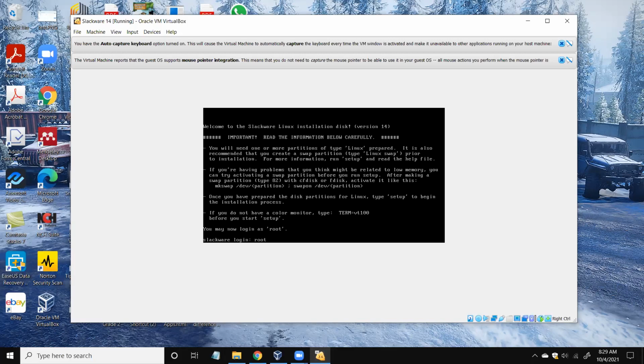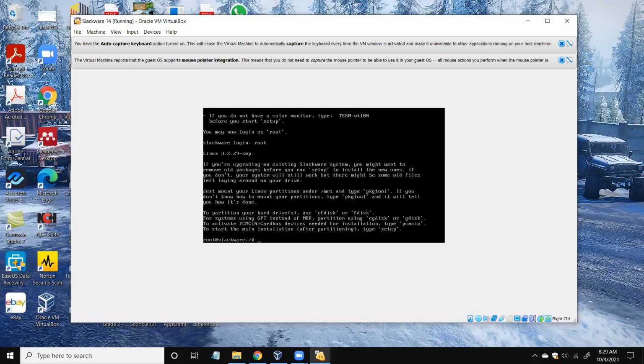Therefore, there's no password. You can easily log into the Slackware installation. So you might think then you don't have any security, but this is only for the installation, right? After that, you can generate a password and then the system will be protected, right?